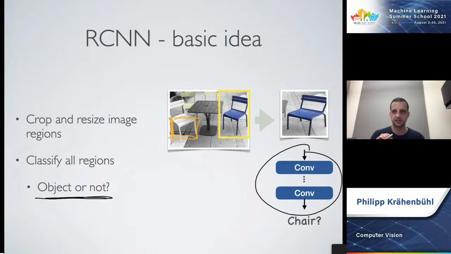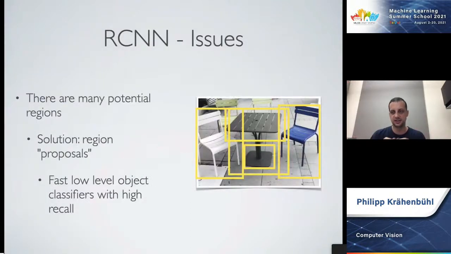Now, the harder part here is trying to make this work in practice, okay? Because there are many potential regions. There's actually a quadratic number of rectangles if you look at an image. And most of them are just going to be weird shaped things that contain maybe partial objects. And so how do we make this work in practice? So we can easily train a classifier that says this is an object or not, but then running this classifier to detect objects is going to be very hard.